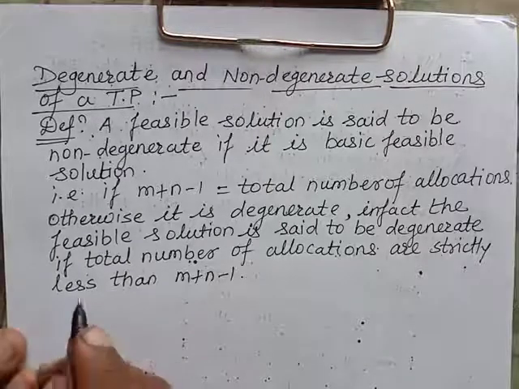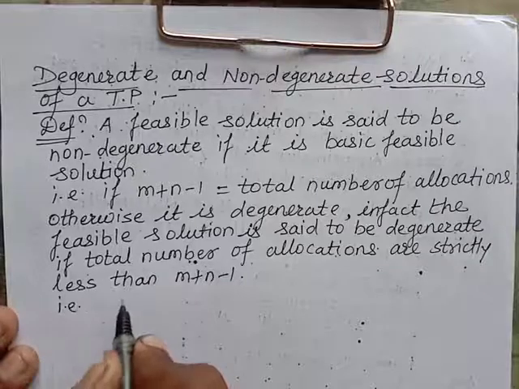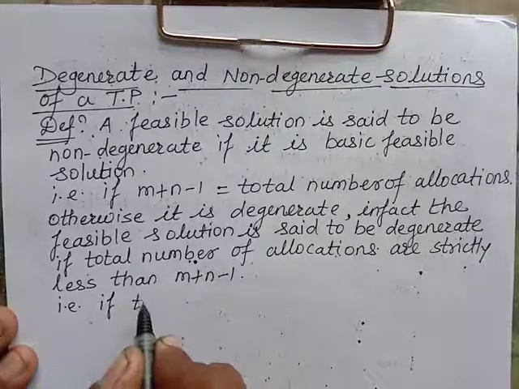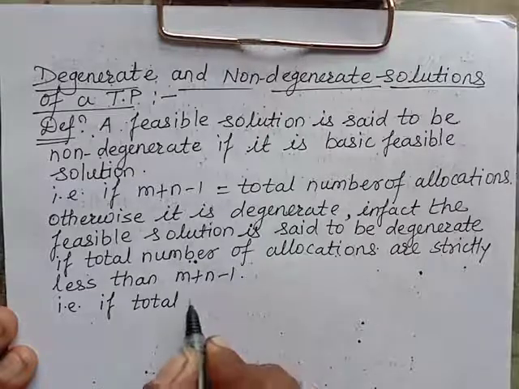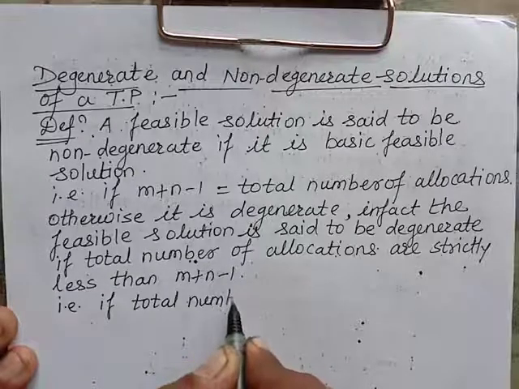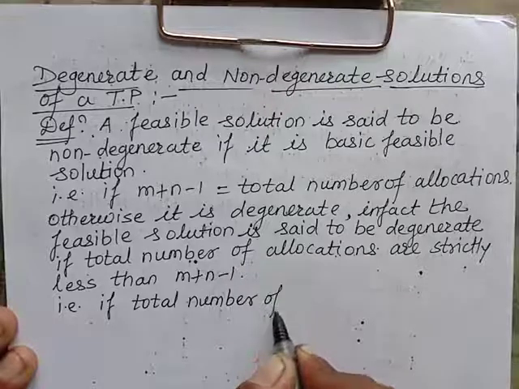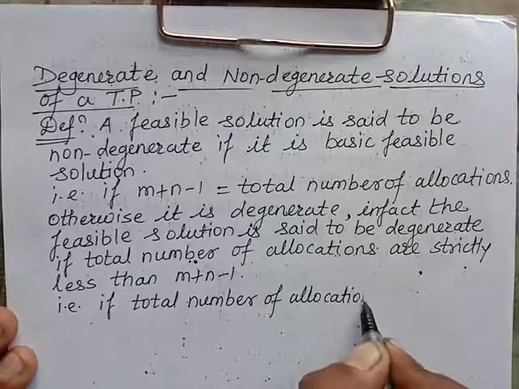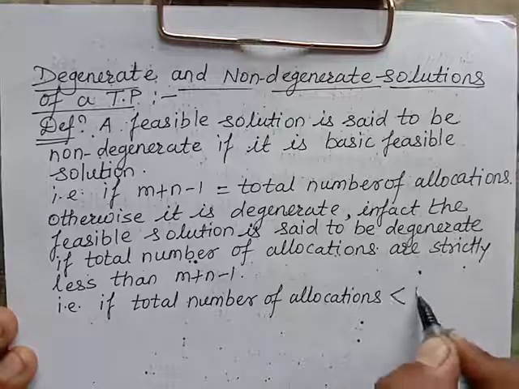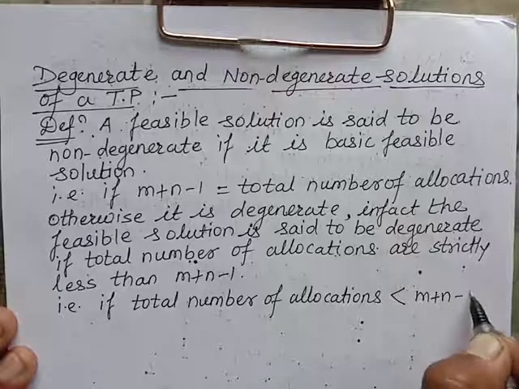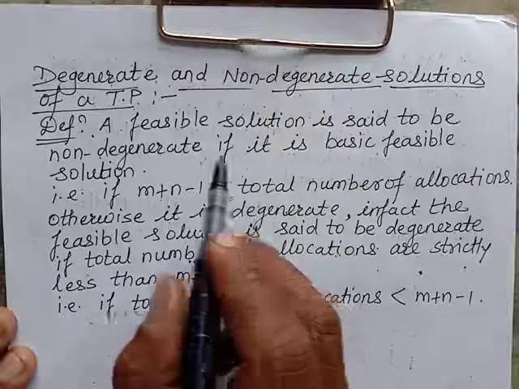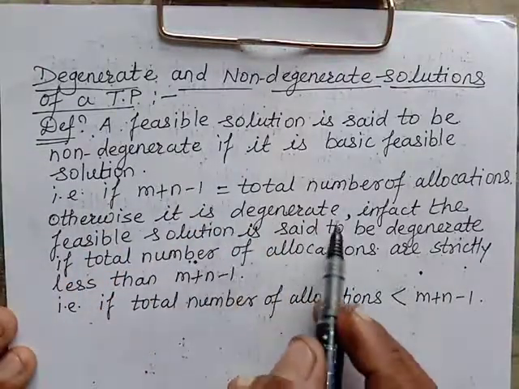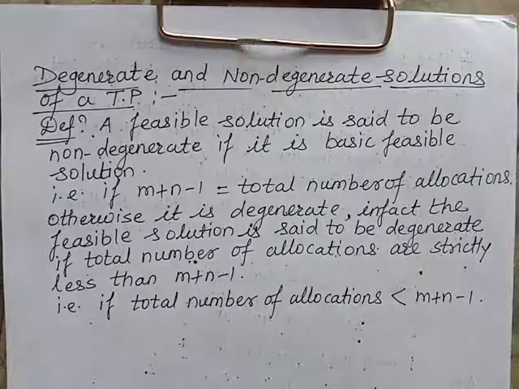So we can write in symbols, that is, if the total number of allocations are strictly less than m plus n minus 1. If they are equal, then it will be non-degenerate. If these are less, then it will be degenerate. Fine. Now,